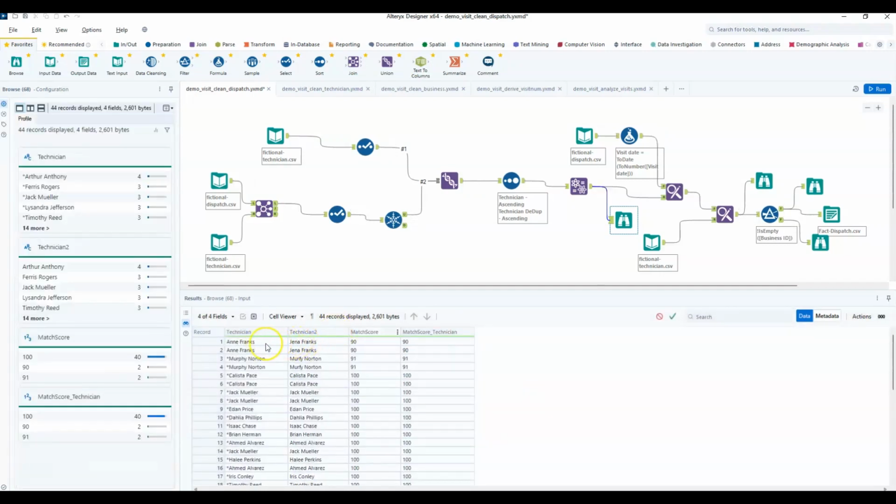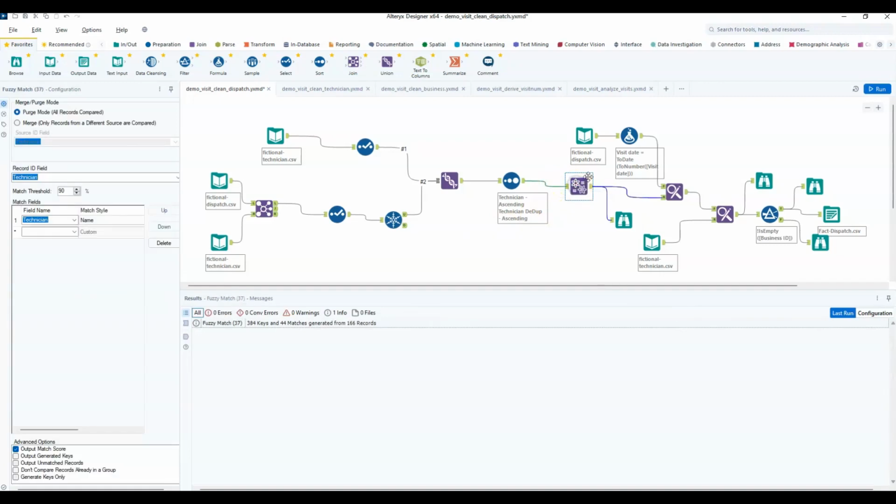there's a match on Jenna Franks to Anne Franks. And that's a false match, and that's why I had to crank it up to 91 to filter out that false match. Now, that's not a huge deal, I suppose, but the bigger point I'm trying to make is, of all four tools, Alteryx, I struggled the most when it came to getting fuzzy match working, and when it did work, I felt it did rather poorly in the department of